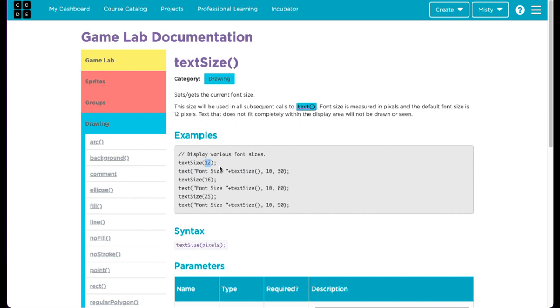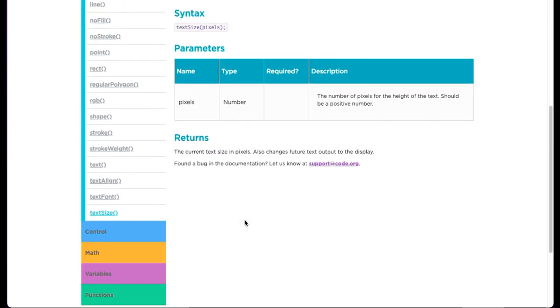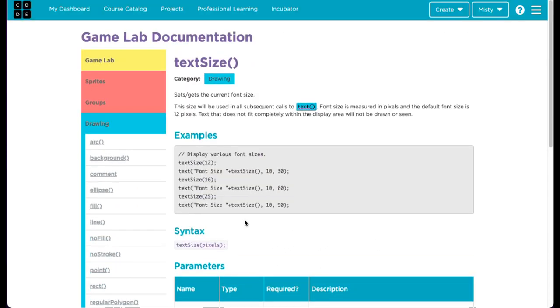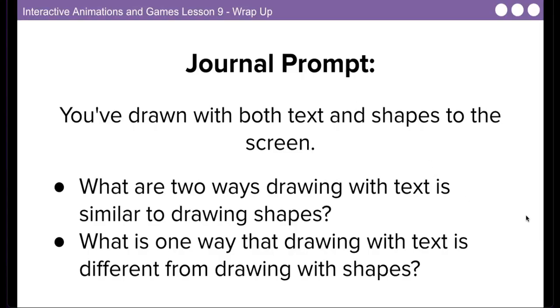And so when we're telling our text size to be 12 pixels, we can put text size right here and then an X and a Y. It's just not as specific, depending on how much text you have, it can just be a little difficult. So that's one possible difference in drawing between